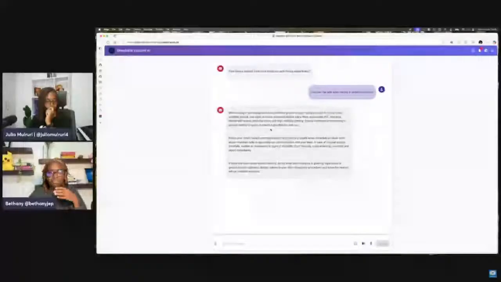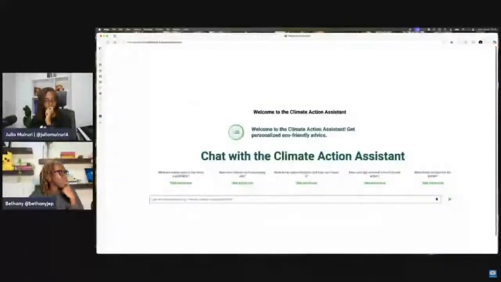This solution is built by Daniel, and it's about how to make environmental impact personal and actionable. So when you're dealing with the environment and climate change, how do you ensure you make that impact? And with this, it has a bit of questions. So this is what I liked about it. It has a couple of forms.